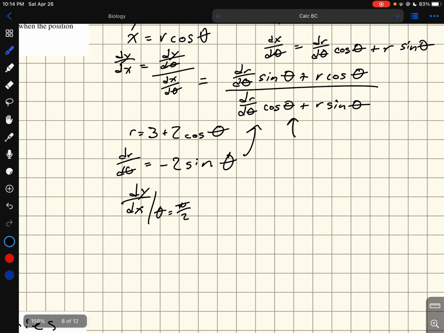So now we're just going to put pi halves and negative 2 sine theta everywhere. So negative 2 sine pi halves, sine pi halves plus, and our r,